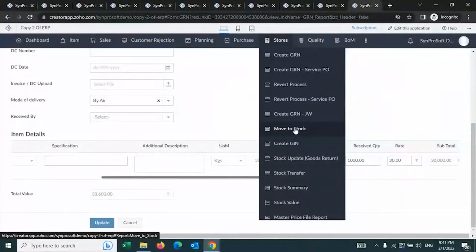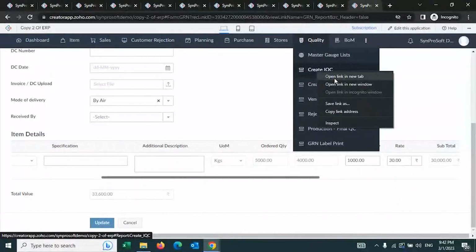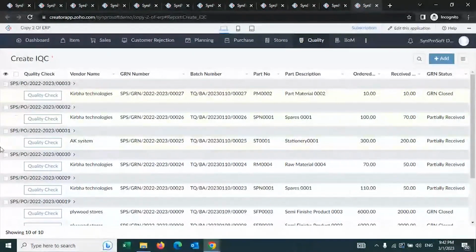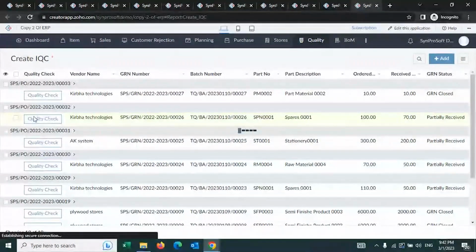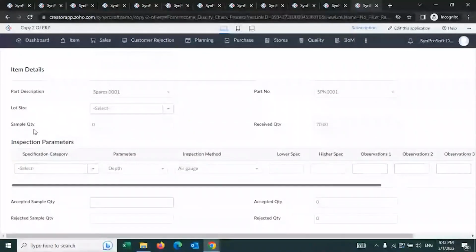Move to stock. As I mentioned to you, every item once it comes will go through the quality process. Before I move to stock, I will quickly touch upon the quality process. As you can see here, for every item that requires a quality check, you can define the rule that you are going to apply, which means every item will have its own quality parameters. You can define the inspection type. Sometimes it will be machine-based inspection. Sometimes it will be visual or camera-based inspection. Every possible inspection can be configured here, and based on that, the system will take you through the inspection process.